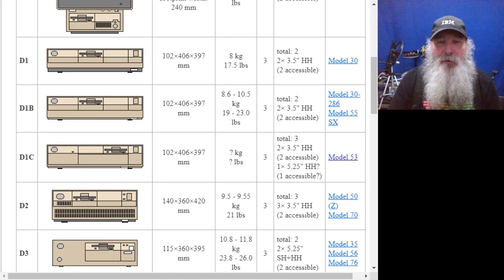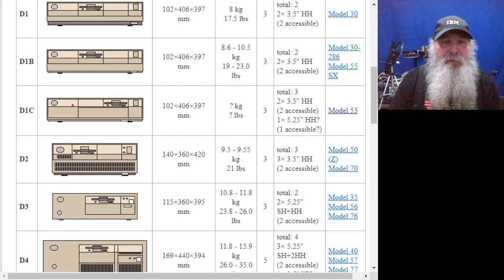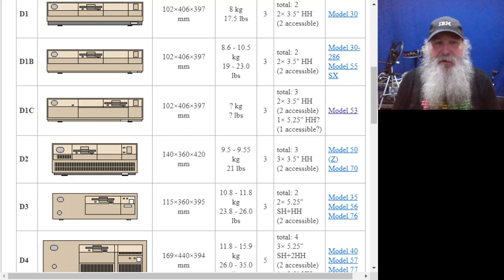Getting to the D2, the case for the Model 50 and 70, that label is still in the lower right hand corner, and that has the model submodel sequence. So you're going to see the submodels. The older PS2s, you're going to see an 85XX, like a Model 30 is going to be an 8530 dash. And so the first sequence is 4 digits, you have a dash, and then you have 3 digits for the